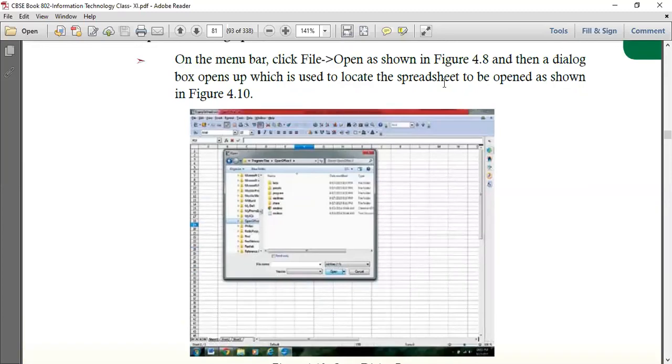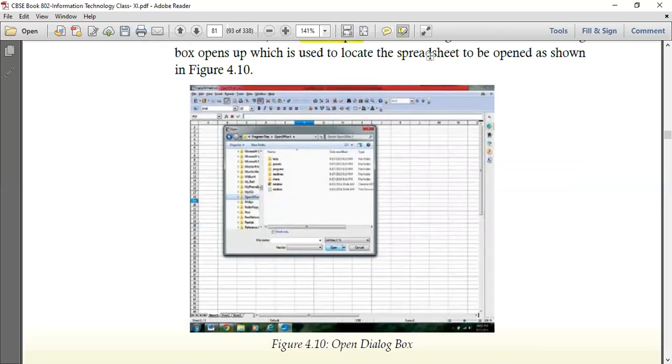And then if you want to open any already saved sheet, that means that you have already created certain sheets earlier and you want to open those sheets now. For that we need to go to File and then click on the Open button, right? So the moment you click on these options, you get a dialog box from where you can browse from any of the folders and look for the sheet, wherever the location of that particular sheet is. Then click on the sheet and then click on the Open button, right?